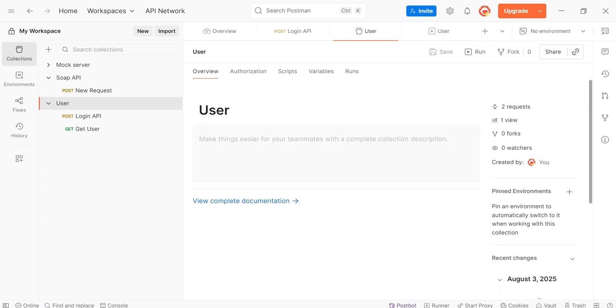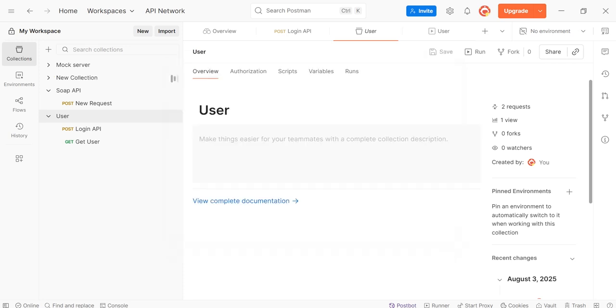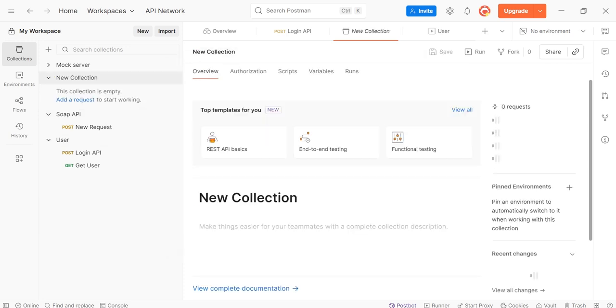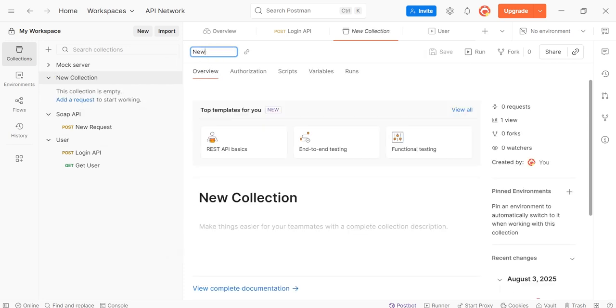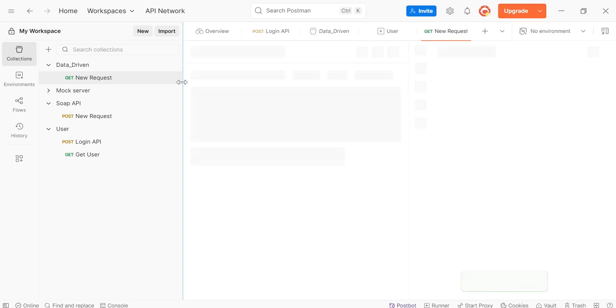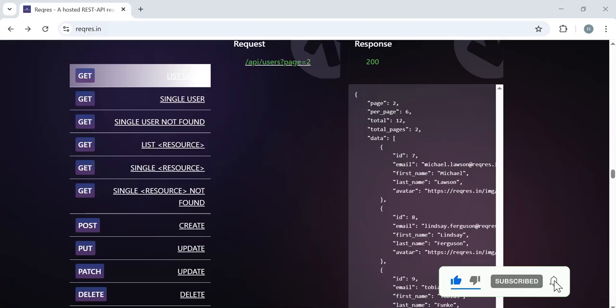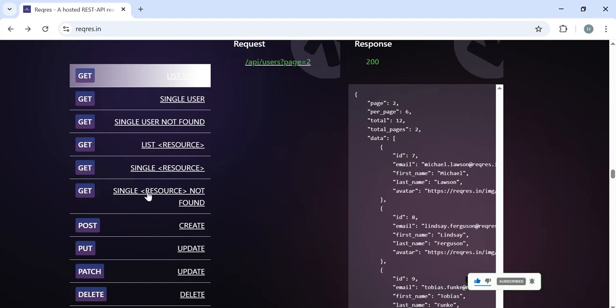Let's begin. Create a new collection, click on New, and then click on Collection. Change the name of the collection to data underscore driven, and add a request inside this collection. Click on the three dots, click on add request, and change the request name. Open Chrome browser, and you can view here